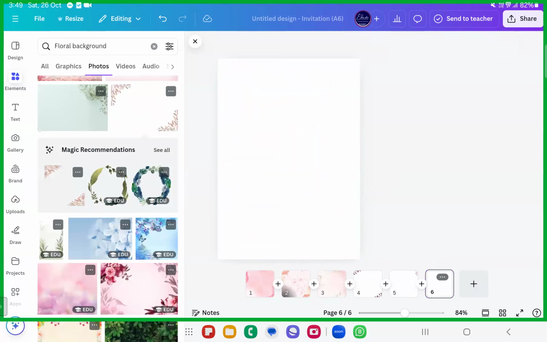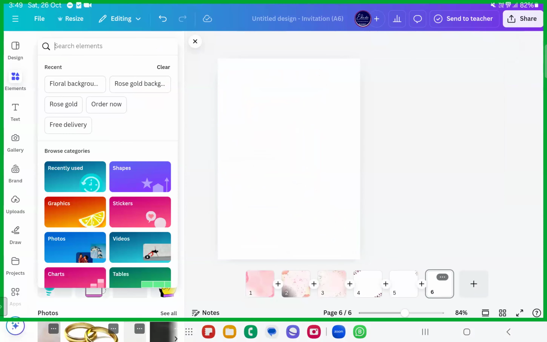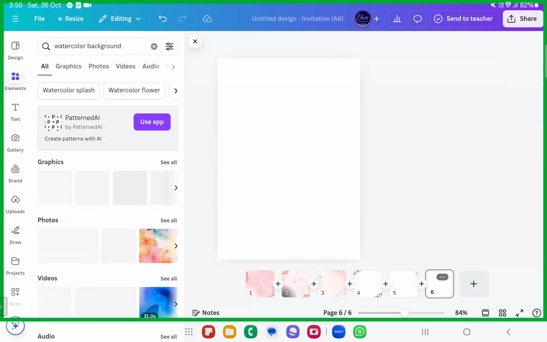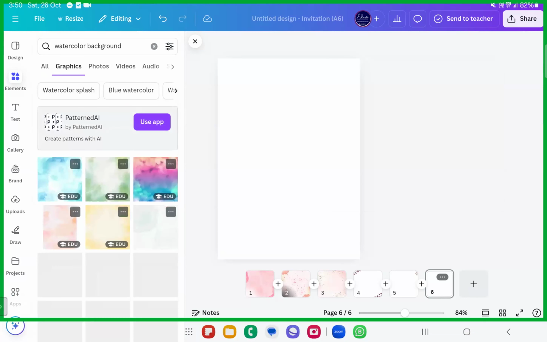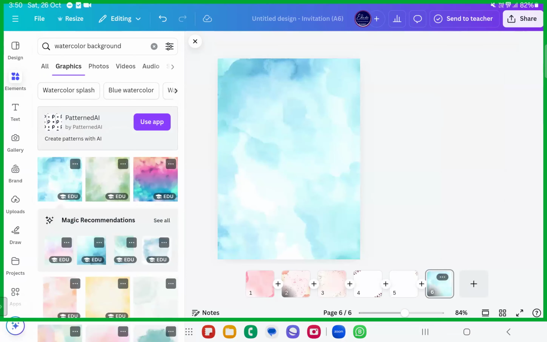You just have to write something called watercolor backgrounds, right? Watercolor backgrounds. Please write it down. You'll get to know these watercolor backgrounds are very excellent. Just type watercolor background. These are very excellently put up, okay? Just look into these backgrounds, dear sisters and brothers. They look very excellent. Set images background.